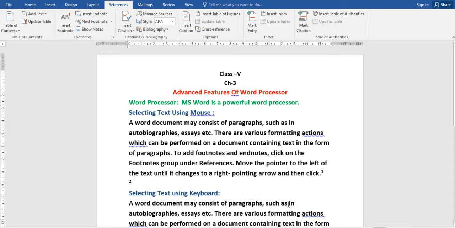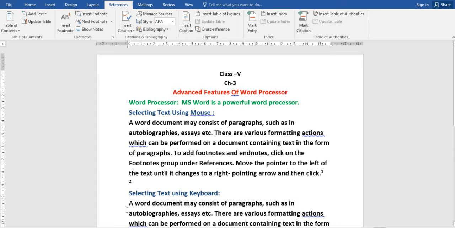Now if you want to select the text from end to its beginning, so remember this, end to its beginning. For this, press end key first and after that shift plus home. So in this way you can select the text from beginning to its end or from end to its beginning.